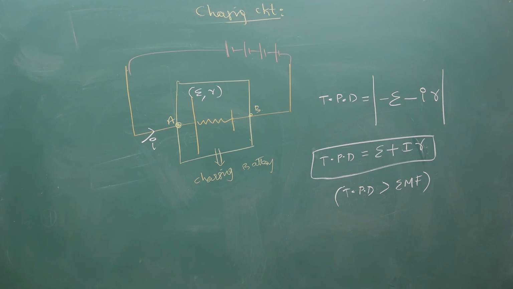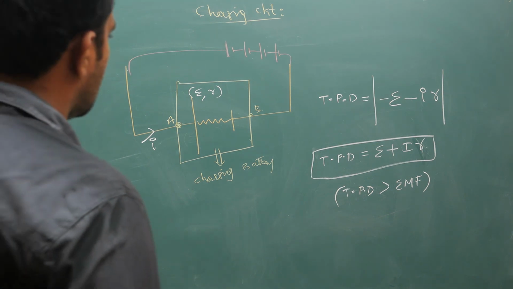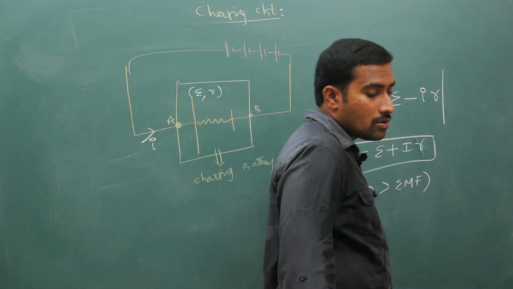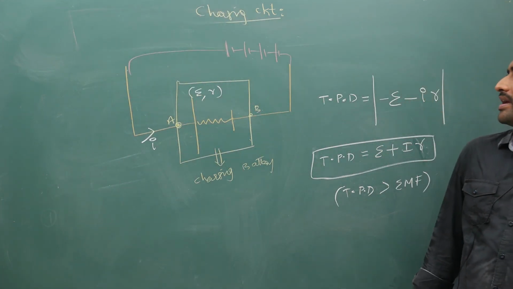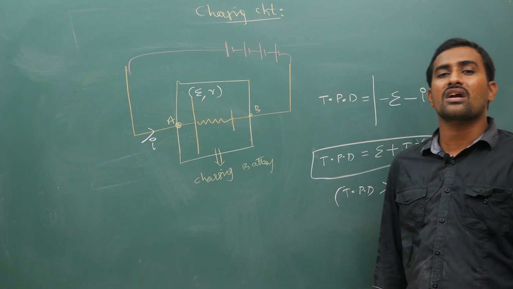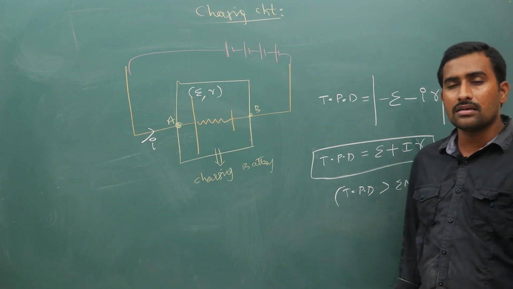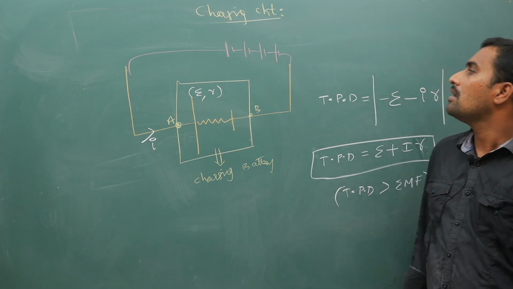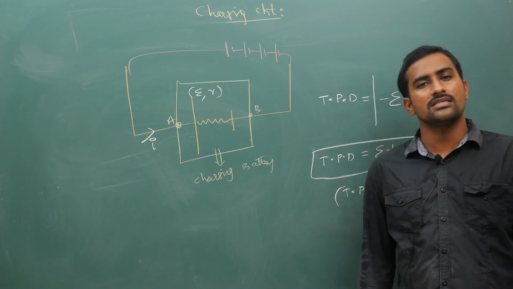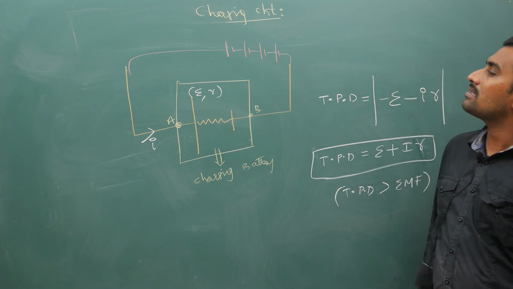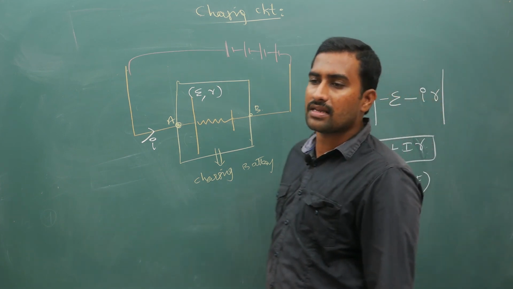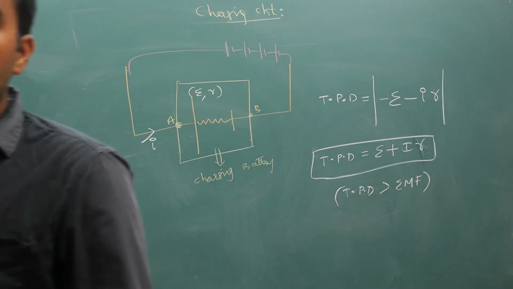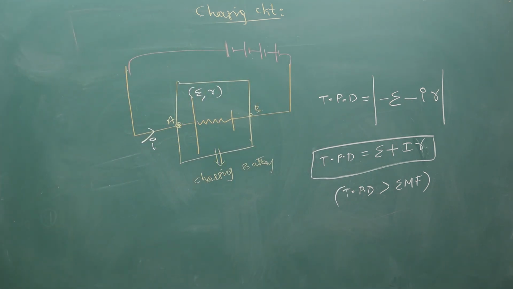Now this is basically a cell. What we are going to do next is connect these cells in different circuits. That means we will connect different types of cells in series and parallel, and we will calculate their equivalent EMF, internal resistance, and all those in the next part.